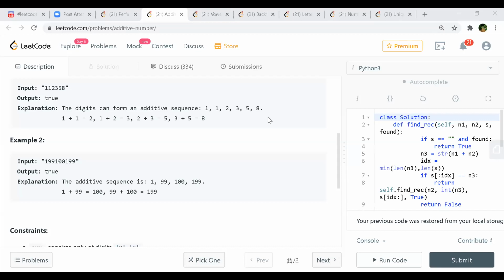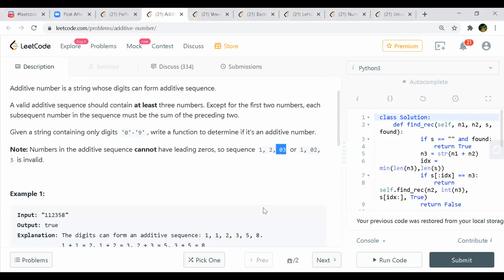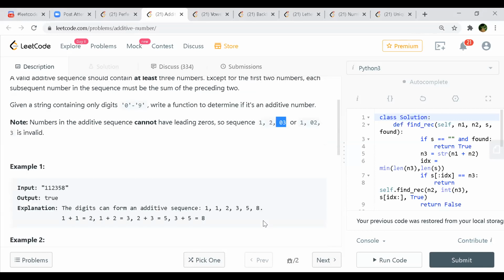Right, so we'll have to have two for loops, and then form some substrings, and then find the sum of that. If we don't find it, then we keep doing it. So it is just like going through the whole string, right? Yeah. And zero also you'll have to take care of, leading zero. We'll have to find out if there is an invalid condition. So whenever we are adding, if you find an invalid case, we return. Those are the conditions that we are going to use to stop incrementing the numbers.